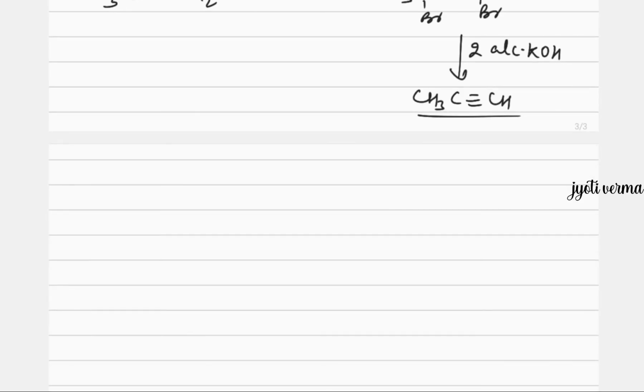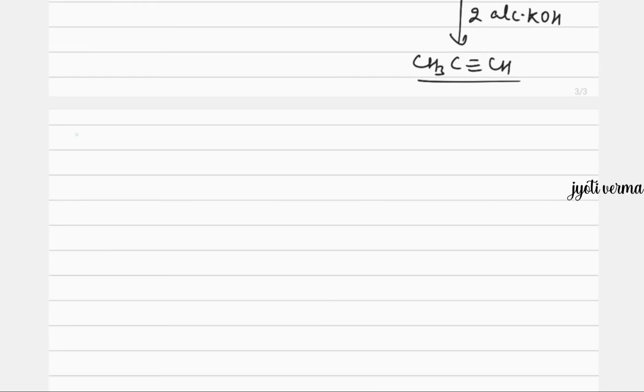Now moving to the sixth part, that is ethanol to ethyl fluoride. Ethanol, that is C2H5OH, and we want to convert it to ethyl fluoride, that is C2H5F. So by chance, if it was supposed to be ethyl bromide rather than ethyl fluoride, it's so easy. We can easily react it with PBr3 and we can do it. That is one option. If we are supposed to prepare ethyl chloride, then too it is very easy. We can simply react it with SOCl2 and all, and we can do it.